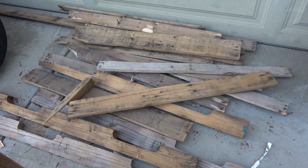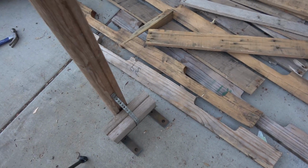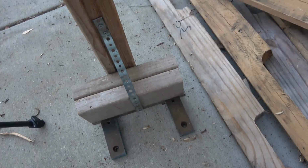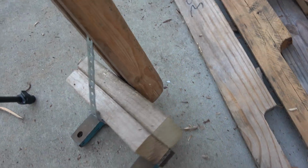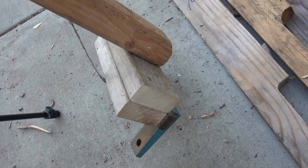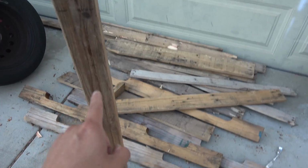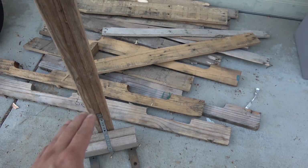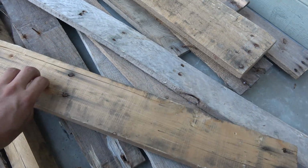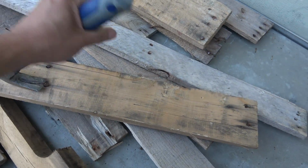So here we go. I broke down the entire pallet in no time at all, and my pallet buster is in one piece. There's no damage to my pallet buster at all. It still looks like new. And the amazing thing is, the wood I used for this pallet buster came from another pallet. And of course I still have some nails on this wood, so I'm just gonna rip it off the old-fashioned way,